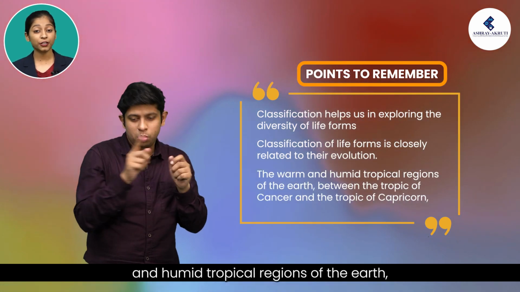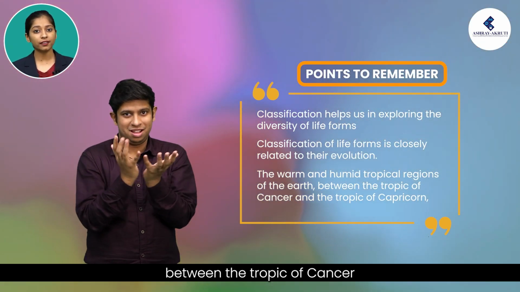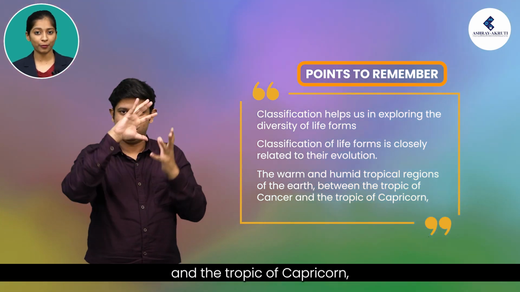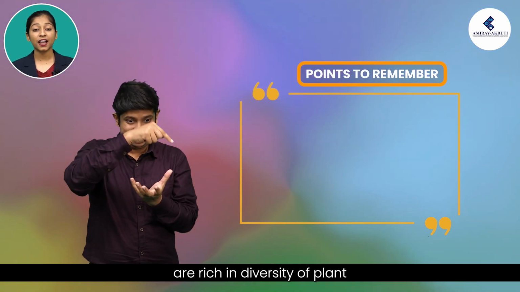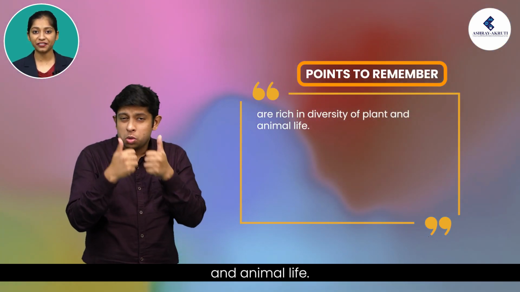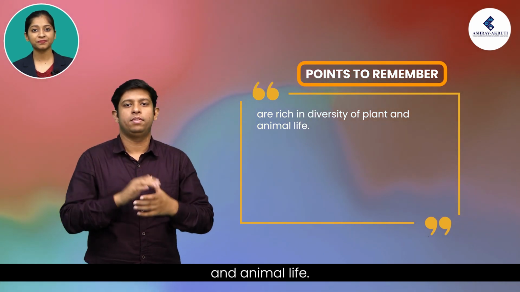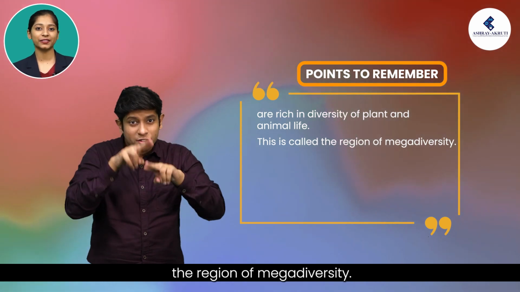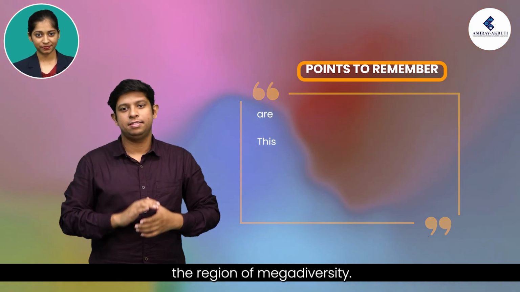The warm and humid tropical regions of the earth between the Tropic of Cancer and the Tropic of Capricorn are rich in diversity of plant and animal life. This is called the region of megadiversity. Recall,